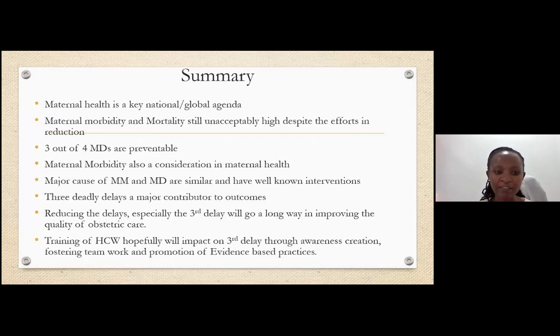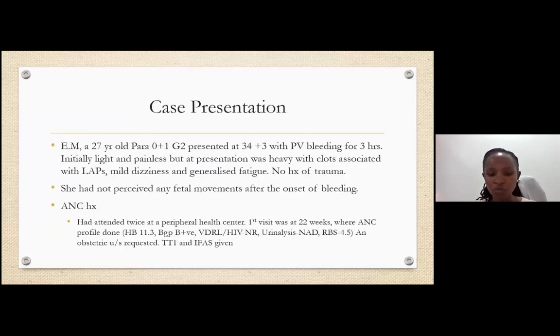We've seen the major causes of maternal deaths and maternal morbidity, and the similarity between the two, and the 3 delays which contribute to these bad outcomes. And we've seen that reducing these delays will go a long way in improving the quality of obstetric care. So hopefully this series will impact on the 3rd delay through awareness creation, as well as fostering teamwork and promotion of evidence-based practices. So I'm going to share with us a case presentation, and then I'm going to open the forum for a discussion. So this is the case of EM,